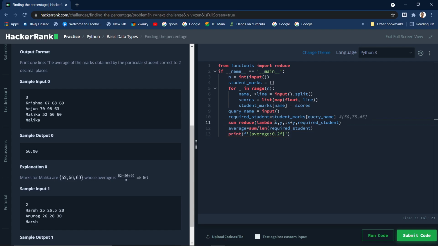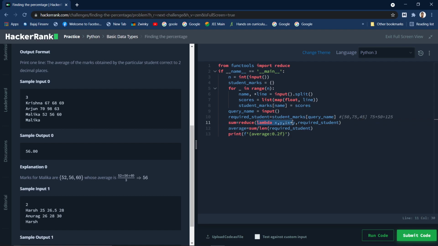What it is doing is taking two elements and adding them. So what is happening over here is 75 plus 50 equal to 125. Right? This 125 now will be added to 45.